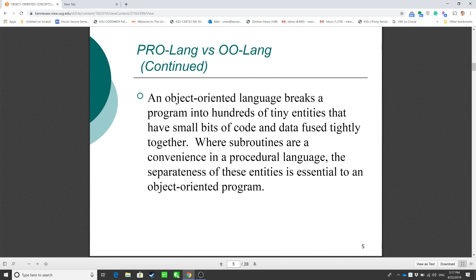Subroutines and classes are two different concepts. A subroutine is when, in a procedural language, it goes from this method to call another method,